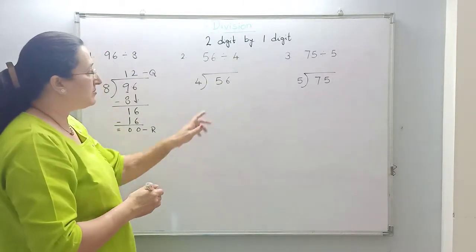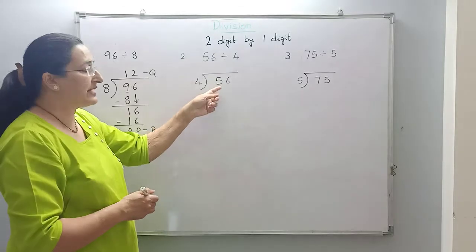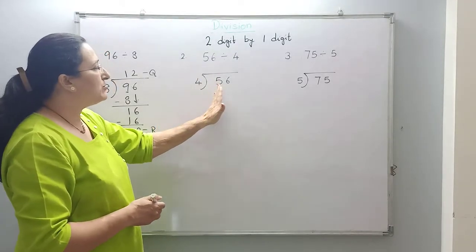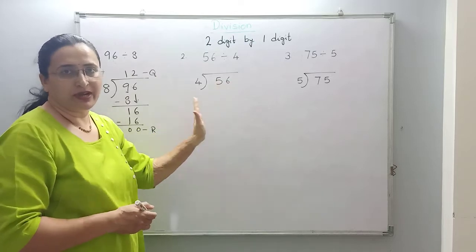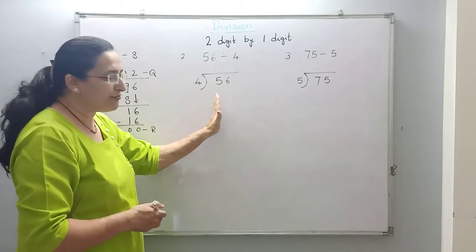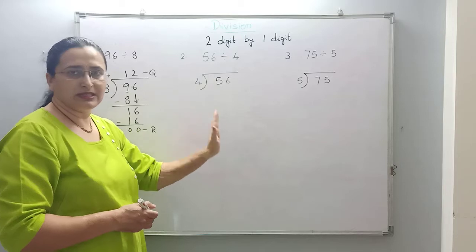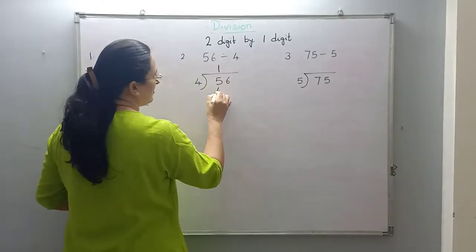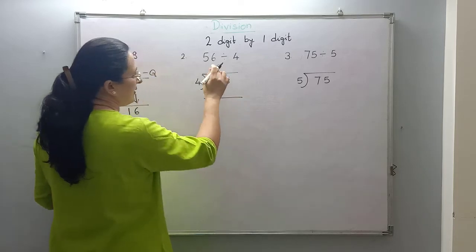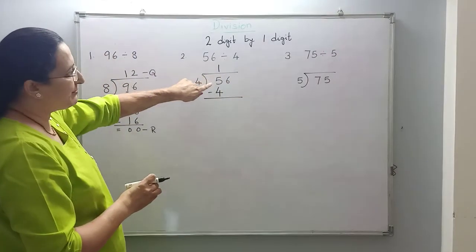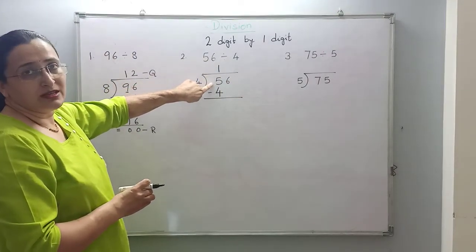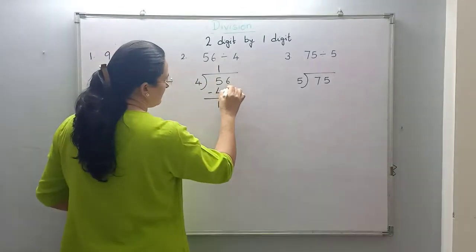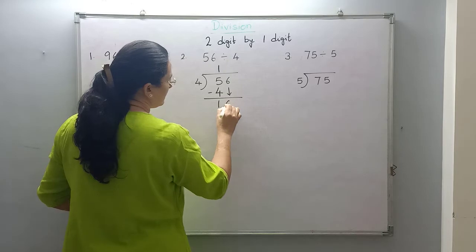So whenever the first digit of the number is greater than the divisor or equal to the divisor, we are going to divide them separately. So we will be dividing 5 first, then we will bring 6 down. So now it is 4 1s are 4. Again please see where I have written the quotient. It is on number 5 as I am dividing number 5 only now. So 1 remains. Now I am bringing this 6 down.